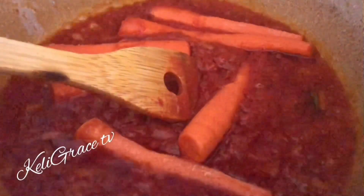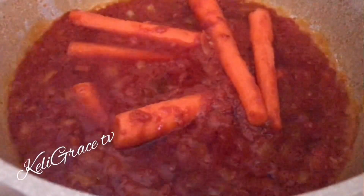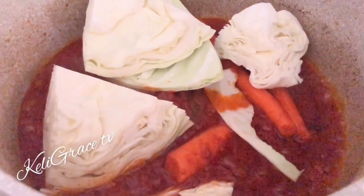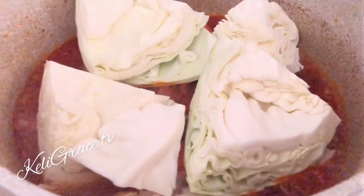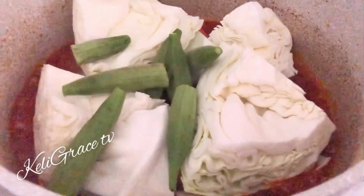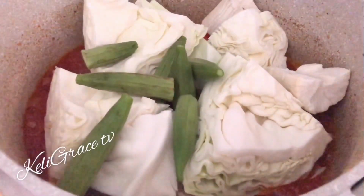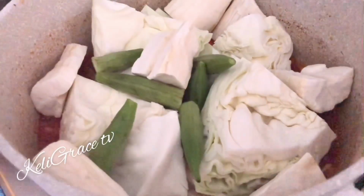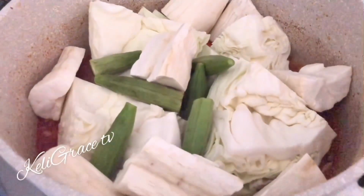And I will go ahead now and add my veggies. So this is my carrot first. I'll add my cabbage. Here you go. After the cabbage, I will add my okra now. And yeah, that's it. I will add all the ingredients, the yuca, and lastly I will cover it, let it simmer until it sits well in the sauce,